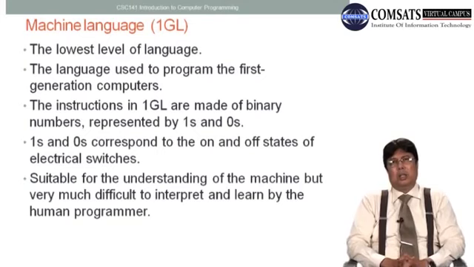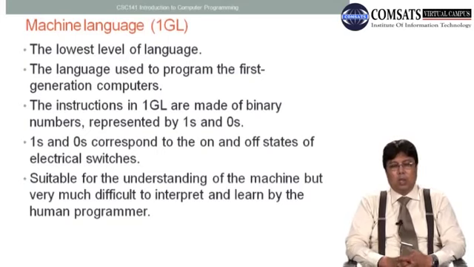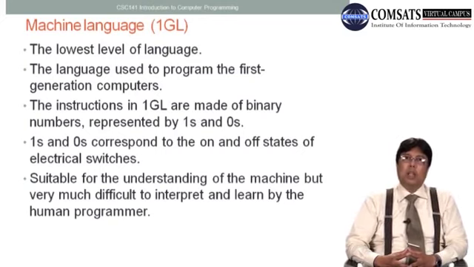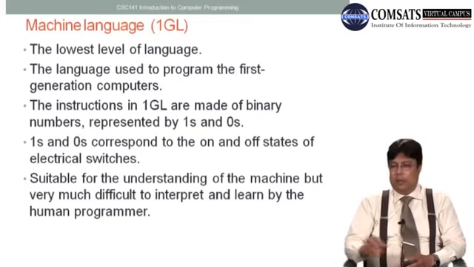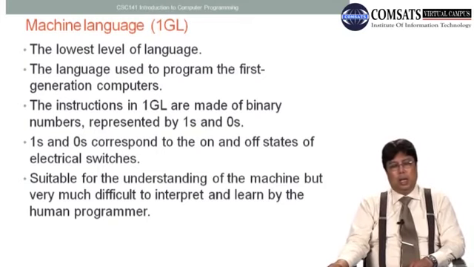It was very tedious, very difficult. Why in ones and zeros? Because computer is a bistable device. It has just got two states, on and off. So it was convenient for the machine,